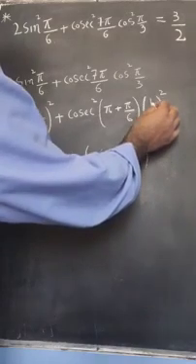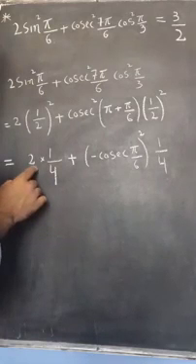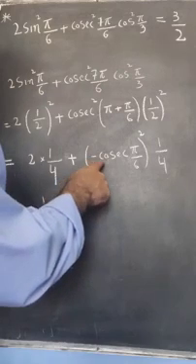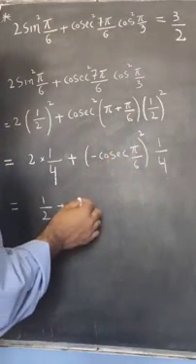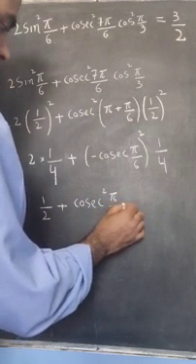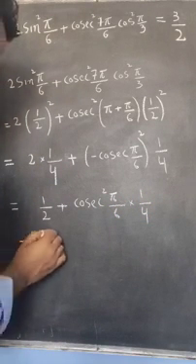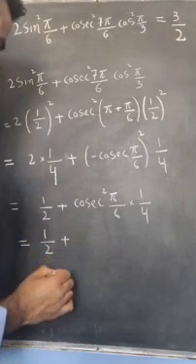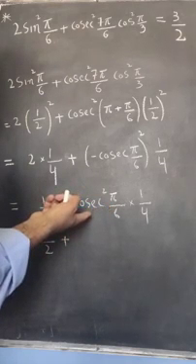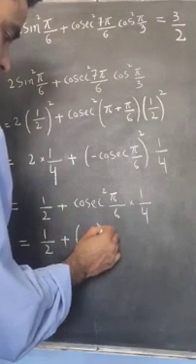then it is (1 by 2) square, that becomes 1 by 4, which is further equal to 2 by 4, that is equal to 1 by 2, plus, it is minus times, but here we have square, so it becomes plus cosecant square pi by 6 into 1 by 4, which is further equal to 1 by 2 plus, now we know that cosecant 30 is equal to 2, as cosecant is reciprocal of sine, so we can write 1 by 2,